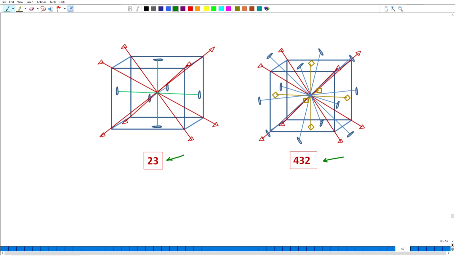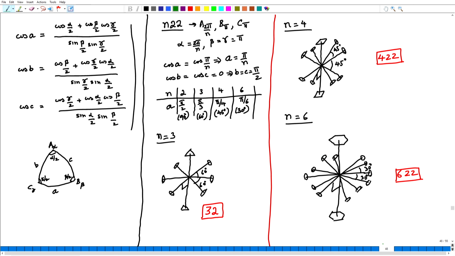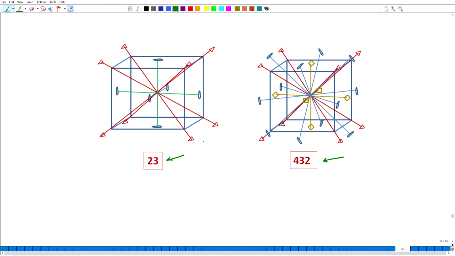Now, just a little bit of caution here: if I go to the N-2-2 combination, I had labeled this as 3-2, while this is labeled as 2-3. So, these are two different point groups, and the only difference in the notation is that one is 3-2, the other is 2-3. Now, let me consider another combination which is going to use a rotation axis and a mirror.